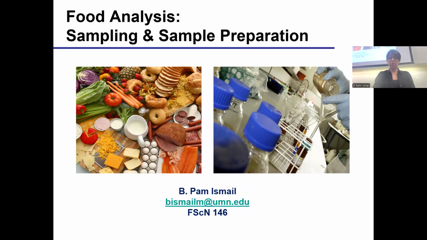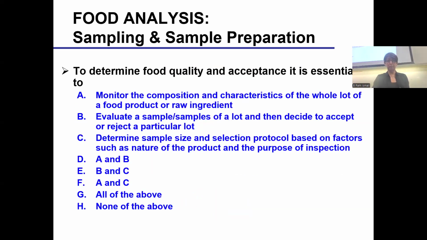All right, so while this might be dry material, it's very important. Sampling and sample preparation is the key for any analysis that you do. If you mess up that part, no matter how good you are in your analytical technique, the results are unreliable. So it's very important, yet it's dry material to know, but some of it is intuitive. Okay. Let's have a look. To determine food quality and acceptance, it is essential to